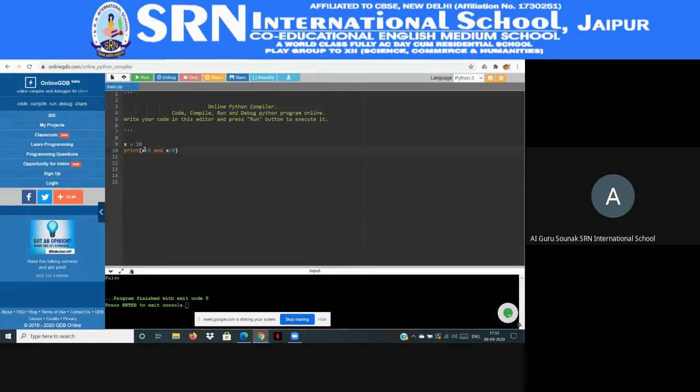Otherwise, it will give you false or sometimes an error. So I have to write the proper condition, because and means both. It will check both conditions, this one also and this one also. If this one is correct and this one is wrong, then the total thing is wrong in the and operator case.